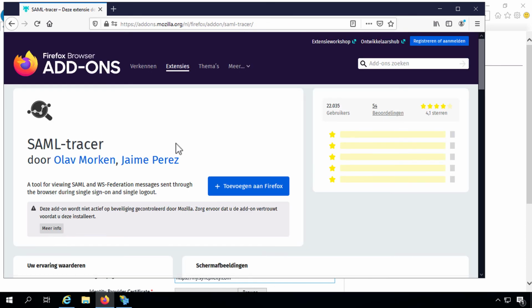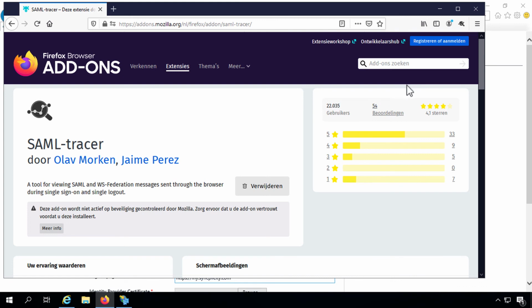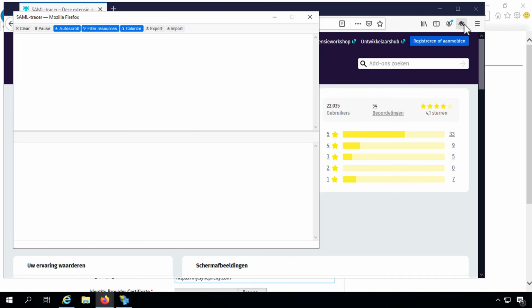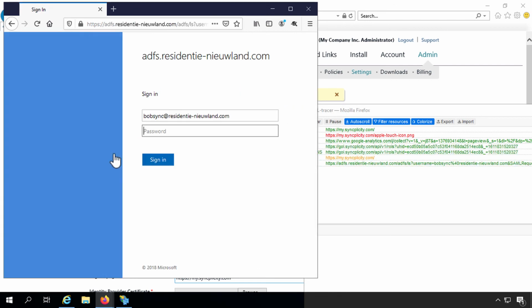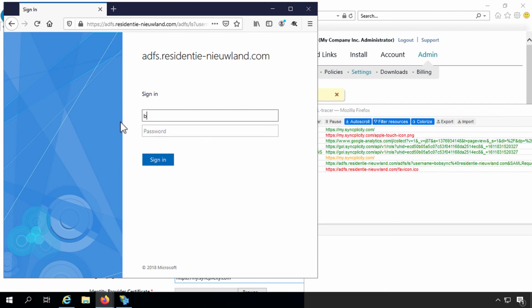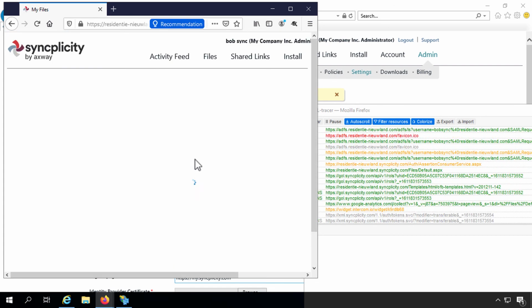And I'm also going to use a little tool which is called SAML Tracer. I really love that tool because it helps me to troubleshoot any issues. It's now an add-in in my Firefox browser. I enter my email address. I'm being brought to my ADFS server. That is good. I authenticate using my domain credentials and you see that I'm authenticated. Now, when I navigate in the